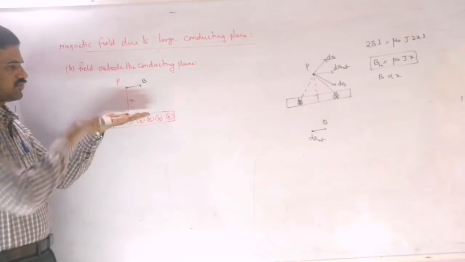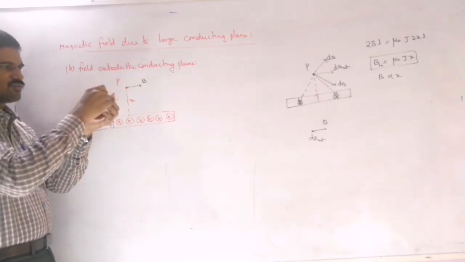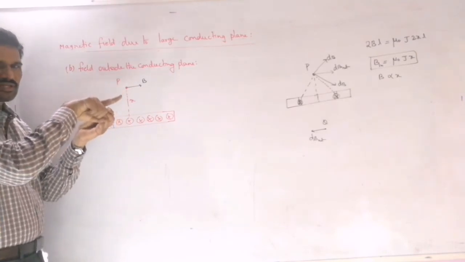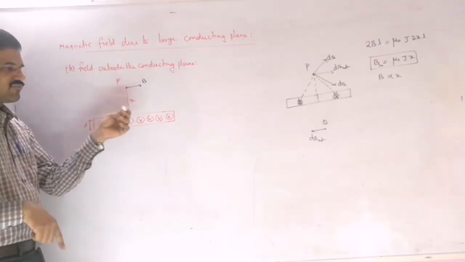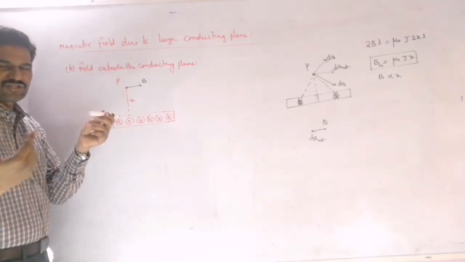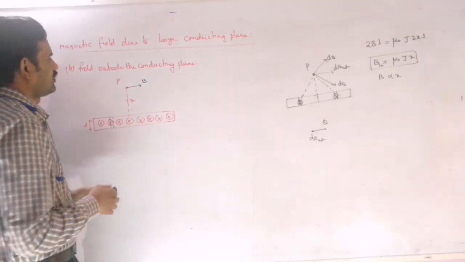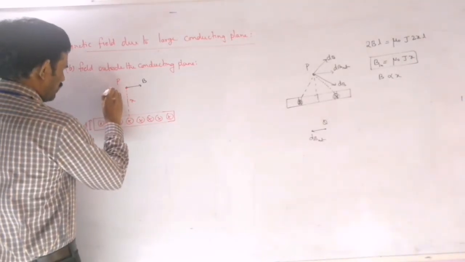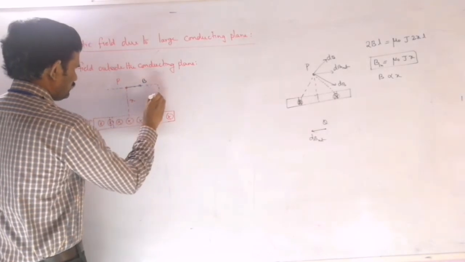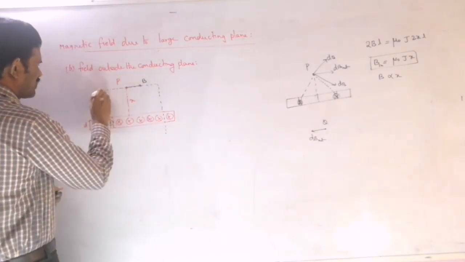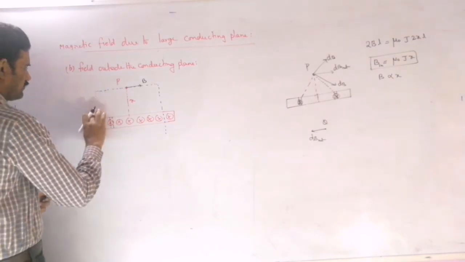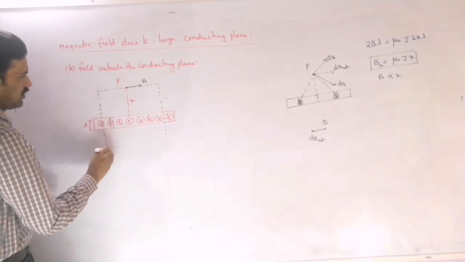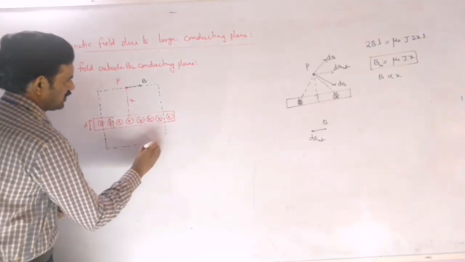That means if the width is along this direction, the field will be along this direction, and it is perpendicular to the current direction. Current is flowing here, so it will be perpendicular to this current direction. And the length of the plane we also define like this. So length and current direction are the same only, right? Now to find this magnetic field, again we consider an Amperian loop like this. So now I am taking an Amperian loop here. Just mention that to find the magnetic field at point P due to this plane,